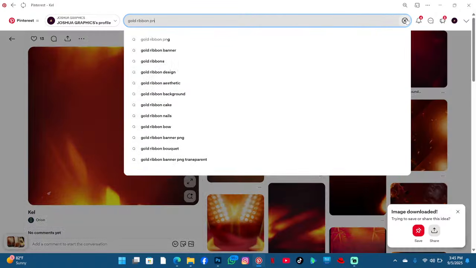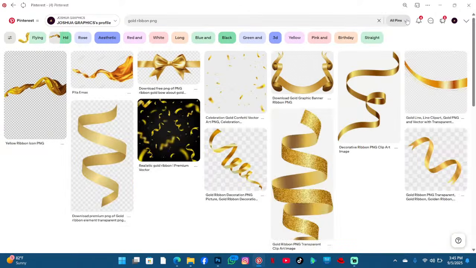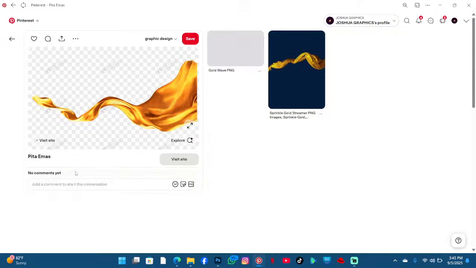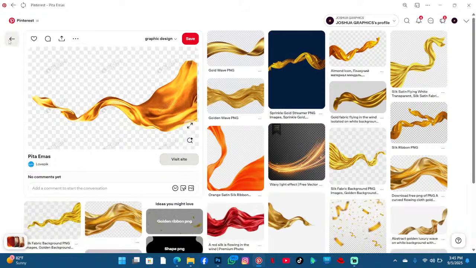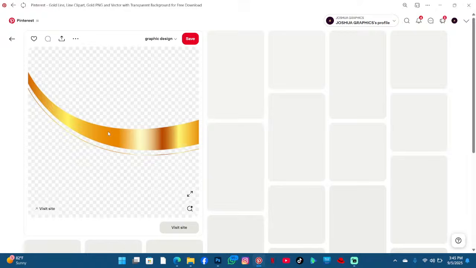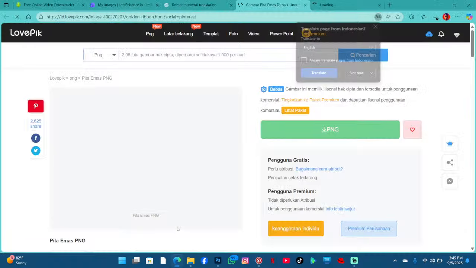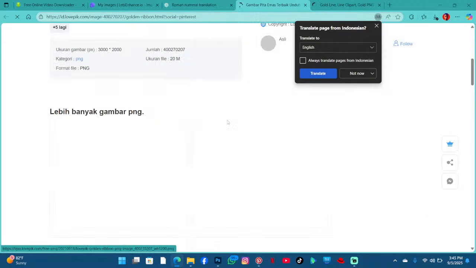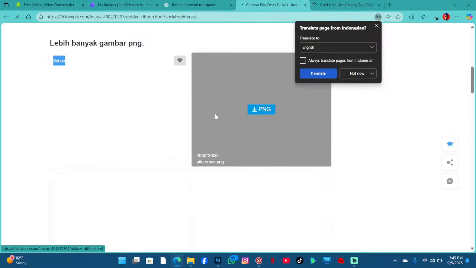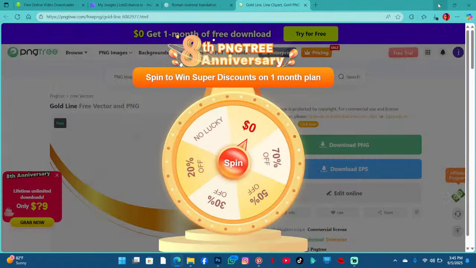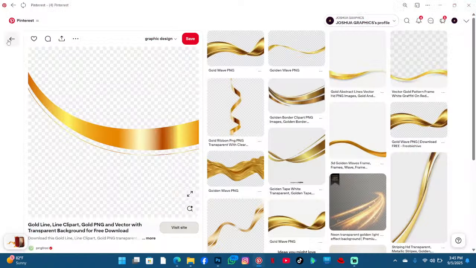Now let me see if I can add this gold ribbon PNG. Let's see if I'll see something. I like this one, which I don't think will be free by the way, because most things here are not free. You have to pay, unless you remove the background directly from Pinterest. So you can see it's also different. It's a different thing they are giving me. So they just use different stuff. So what I'm going to do, I'm going to use Photoroom